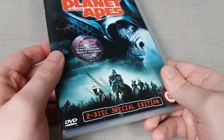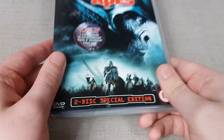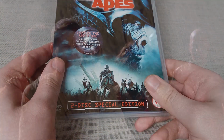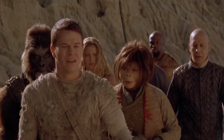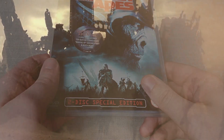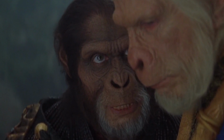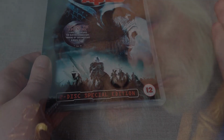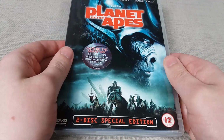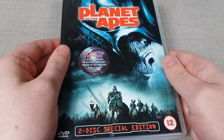And Ari helps Leo escape, and once liberated, the remaining ape and human characters of this little group are now in search of a faint signal, leading them to a crashed spacecraft, which is an interesting turn of events. And that now takes us to the main villain character, the chimp and leader of the gorilla army, General Thade, portrayed by Tim Roth. Challenging General Thade with some story influences taken from Conquest of the Planet of the Apes,